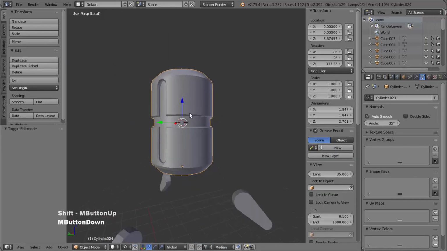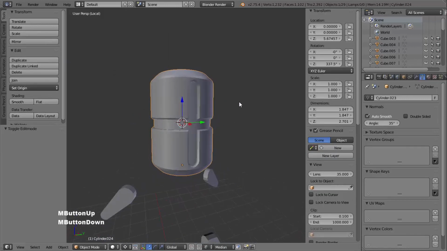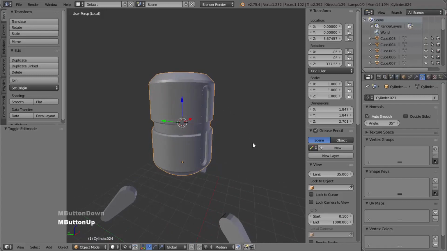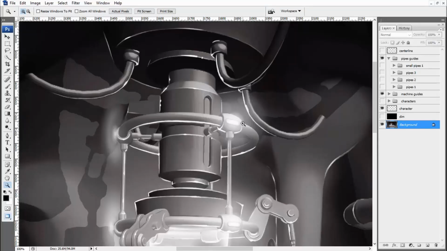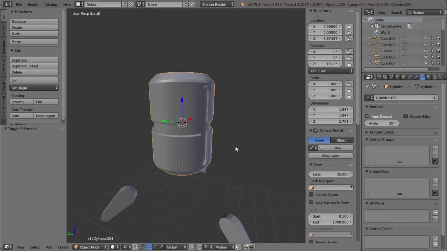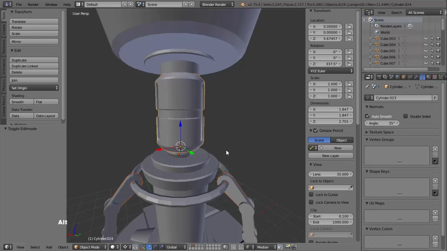Okay, so looking at it in object mode, I think that's looking pretty good overall. And so yeah, it's time to move on. Next, I'm going to work on the torus, and I'm going to begin by making one of these extra thick joint sections. So I'm going to go out of my local view and then press Alt and H to show